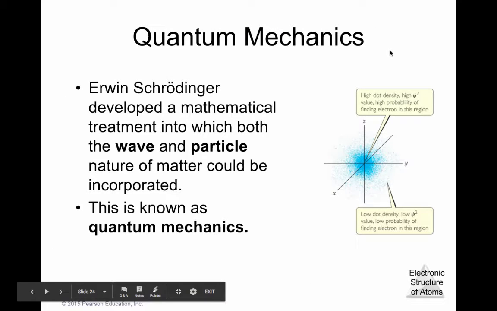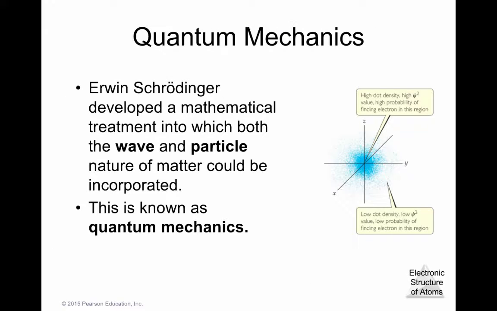So Schrödinger developed a mathematical way to combine the wave and particle nature of matter into a single form, so that we could look at, for example, the regions where electrons might be in the atom, and this is called quantum mechanics. And if you look at this image at the right,